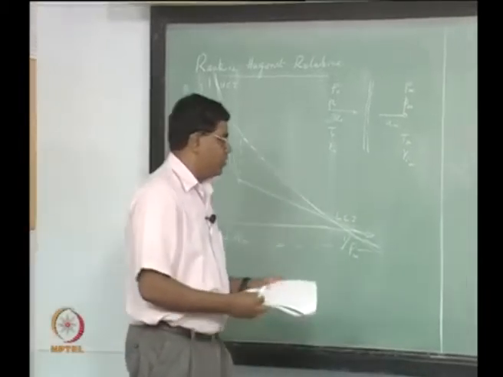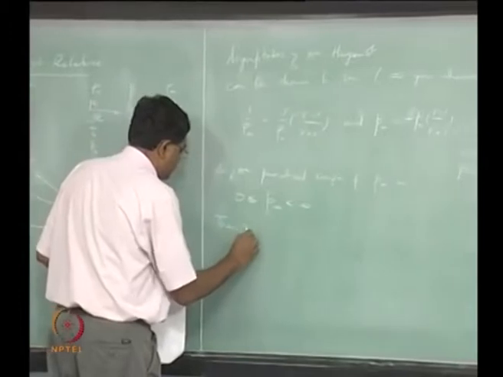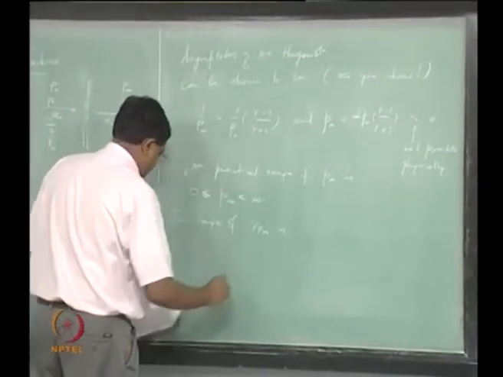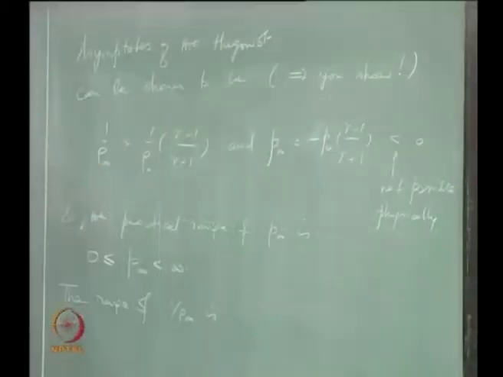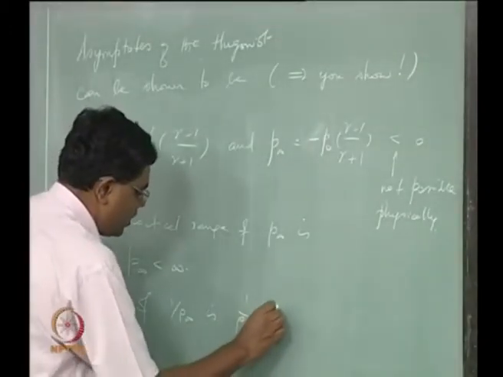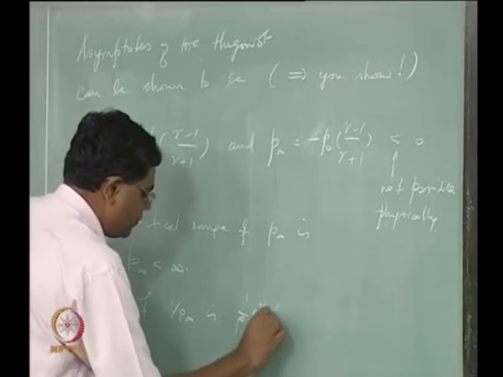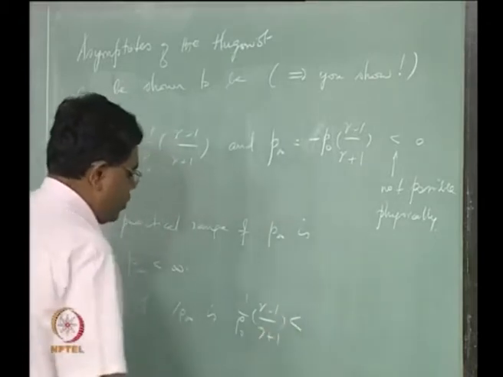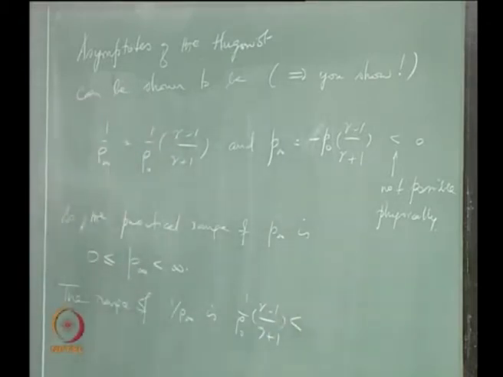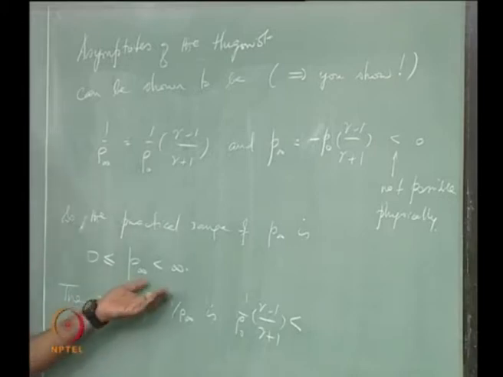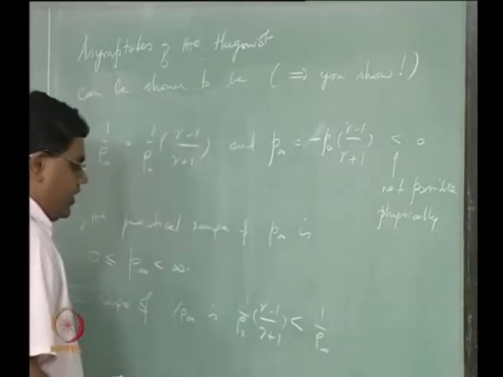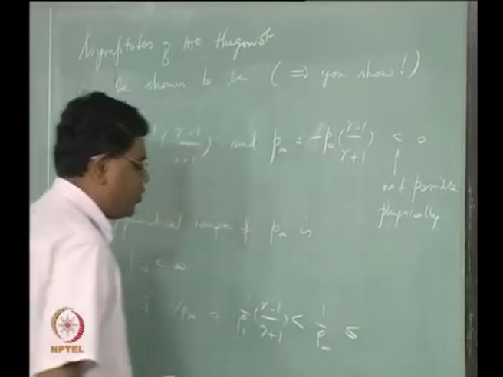So the range of 1 over rho infinity is 1 over rho naught gamma minus 1 divided by gamma plus 1, which is what we have for the asymptote we saw a little earlier, and you're not going to really touch it because it's an asymptote, and therefore you're not going to really touch p infinity equals infinity, so 1 over rho infinity is always greater than this, and you can go up to greater than or equal to